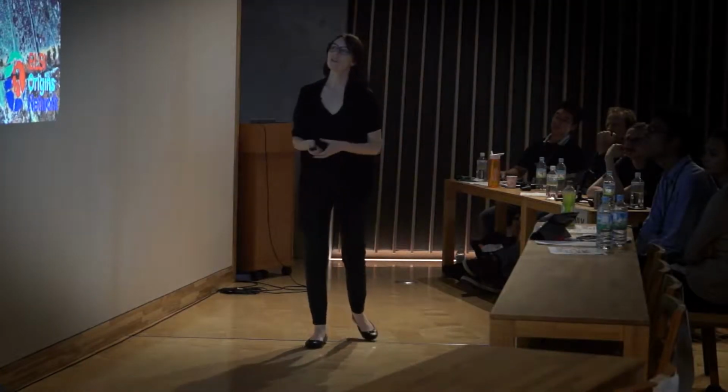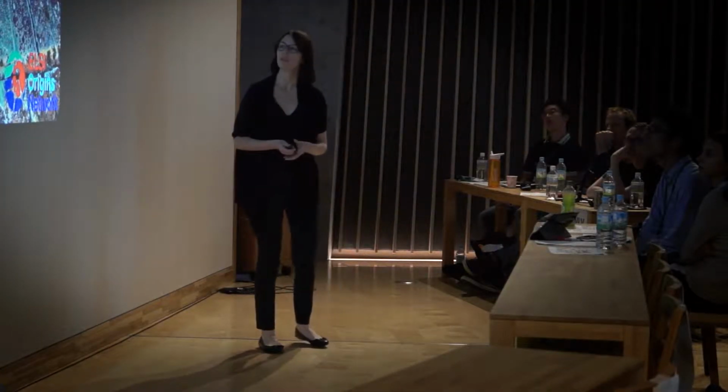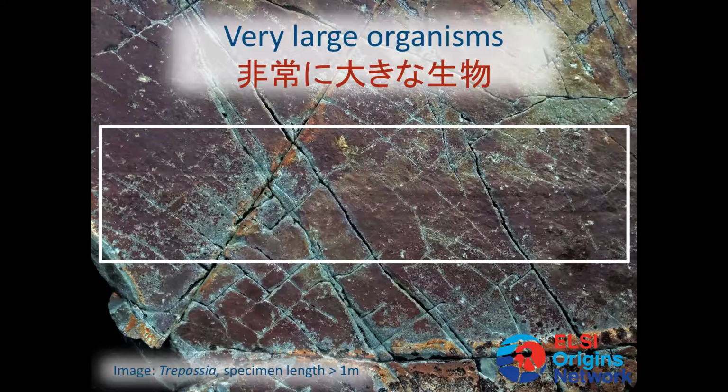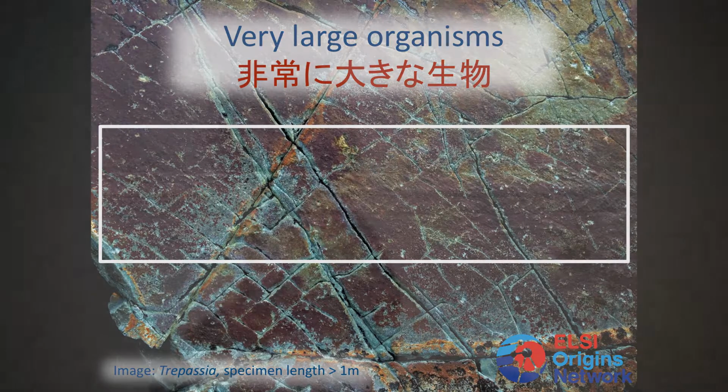If we look in close up at some of these fossils from Newfoundland, we can see that here, Ediacaran fossils are preserved as faint impressions on the surface of the rock. Some of these are really very large, such as this fossil called Charnia, which is a few centimeters wide, but more than 1 meter long, extending like a ribbon along the rock.